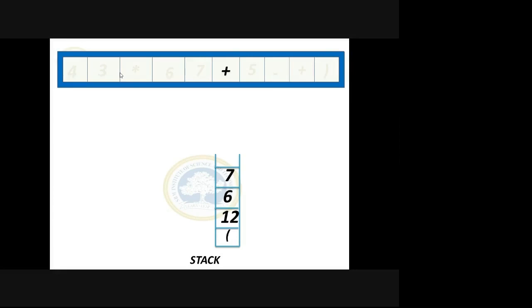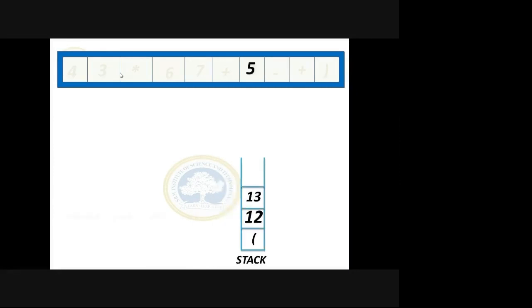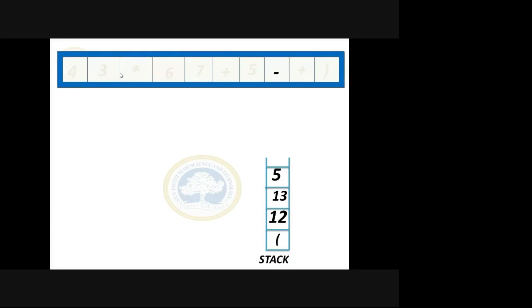What is the answer? 7 plus 6. Nageshwar is there? Nageshwar. Yes, ma'am. What is the answer? The top two will be added, ma'am. 13. So 7 will be popped out, 6 also will be popped out, and 13 will be added inside. Okay. Now next 5 enters. So when minus is encountered,